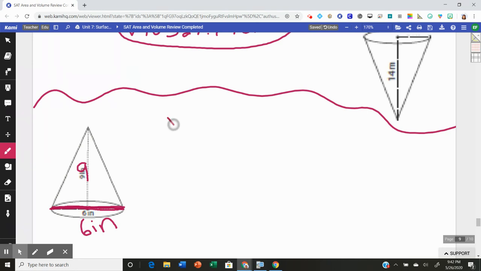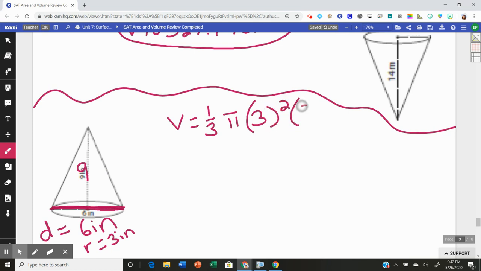All right, if we're good to go, we get volume is 1/3 pi. So we talked about it going all the way across the circle is called the diameter. So that means half of that is going to give us our radius. So our radius is 3 inches. So 1/3 pi r squared times height. So in the calculator,